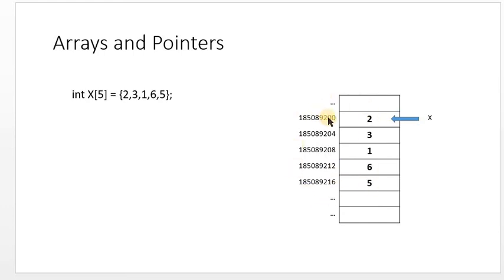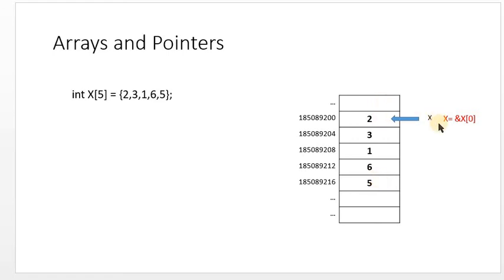Say this is the starting memory address, and it will allocate enough space to hold 5 elements in the array. These elements are of type integer, so assuming 4 bytes for each element, addresses from 1850, 89, 200 till 1850, 89, 220 are assigned for the entire contents of the array. The compiler also allocates the array name as the pointer to the first element in the array. So X, that is the name of the array, will serve as the pointer to the starting address. So we can assume that X is nothing but &X[0]. X contains the address of the first element of the array, that is this value.